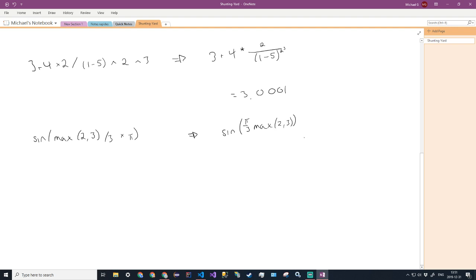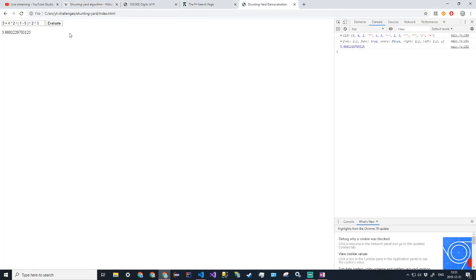And that should evaluate to 0, right? Because the maximum of 2 and 3 is 3. 3 divided by 3 is 1. So this will become sine of pi times 3 over 3. That cancels, so sine of pi is 0. And we're in radians right now. So let's actually just type this out. Alright, so we have sine of max of 2 comma 3 divided by 3 times pi, or we've got to type out pi, and this should give us,